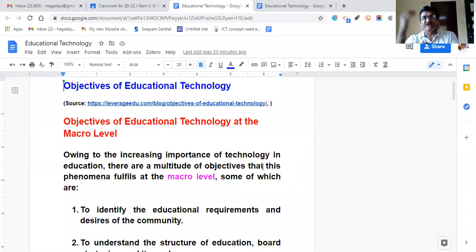Accordingly we are going to formulate our educational objectives at the central level or state level. It happens with the government's respective department level. So such objectives are formulated and achieved keeping in view the need of the students according to the importance